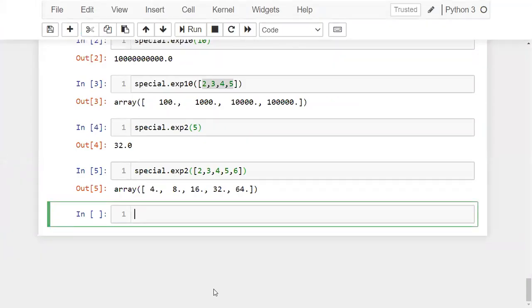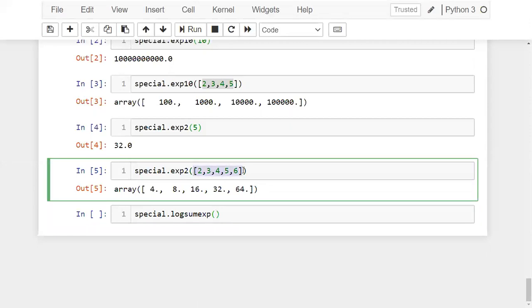Okay, so now another function is log sum exponential. Okay, how this log sum exponential will work, we'll see now. Log sum exp. Now if you observe, the name is indicating that it will return the logarithm sum of all the values which are there in your expression.